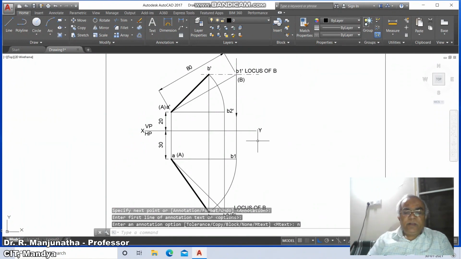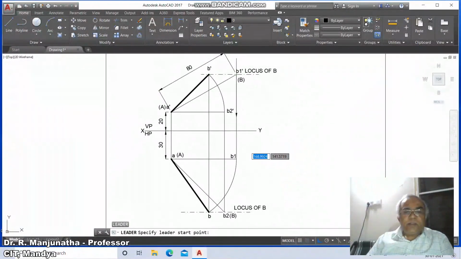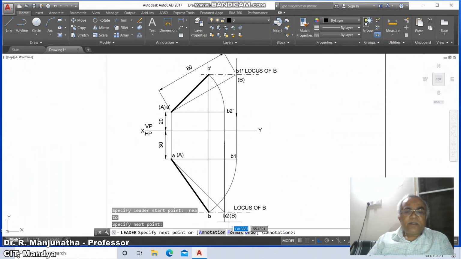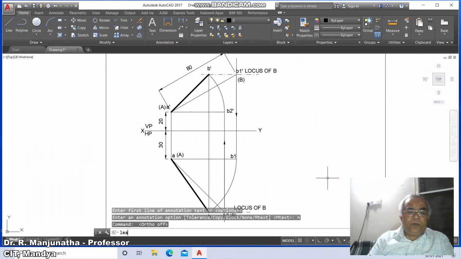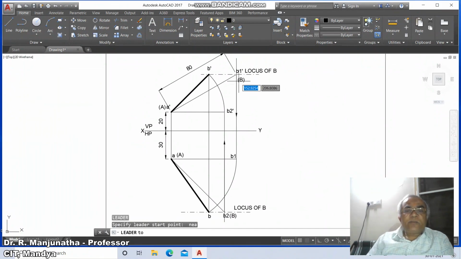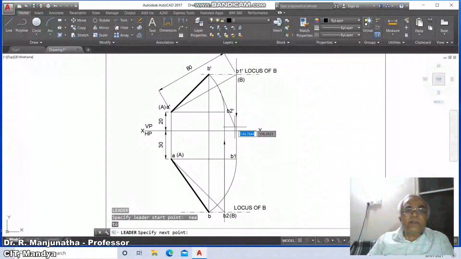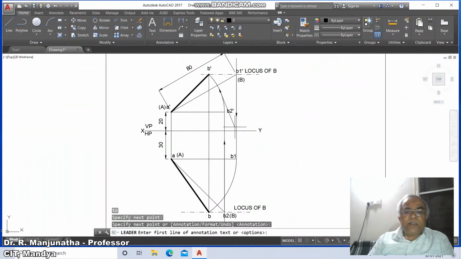Similarly, leader, go to nearest point on this line and drag this. Annotation, option, none. Similarly, switch off the ortho mode, go to leader, go to nearest point and drag it and place it. Annotation, option, none.